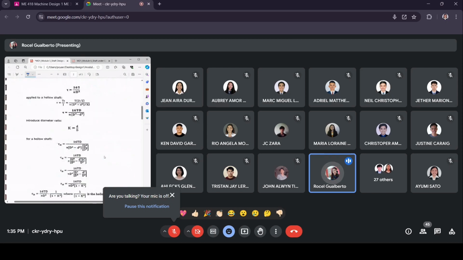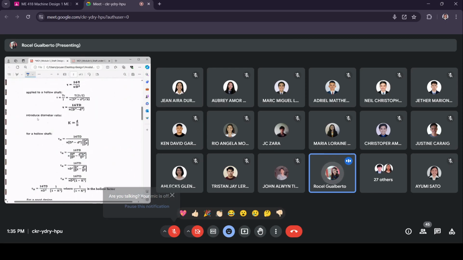Now, we will be introducing what we call the diameter ratio. For diameter ratio, we use the symbol K. So K is equal to small d over big D, that would be inside over outside diameter. That will give us the diameter ratio, K equal to d over D. So don't get confused with